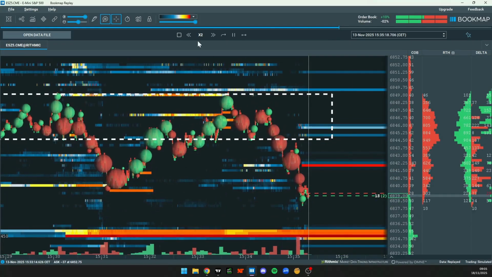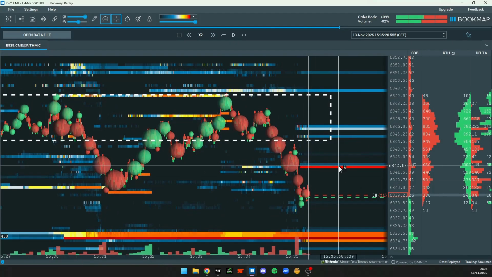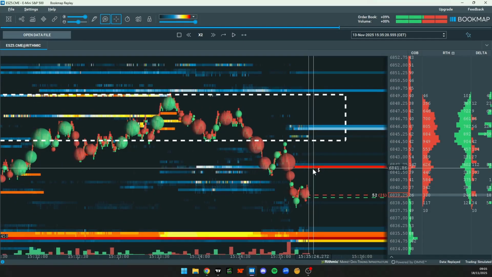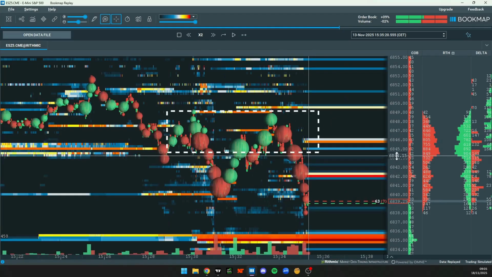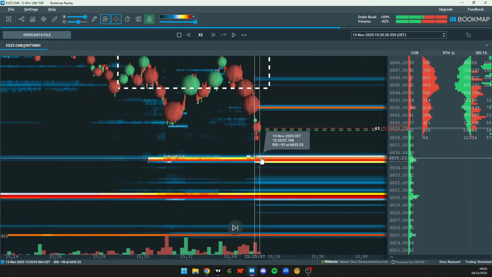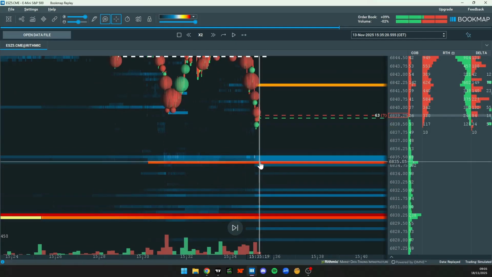Also a good sign is as price is dropping, I don't know if you guys noticed, but there was this offer who basically set his order. As price is dropping, he's putting an offer here, a limit order, which could act as a wall or a roof to not let price go higher. So this is definitely a good sign. Now, we can see many offers, right? And in hindsight, obviously, the 35s is definitely a good level to take profits, but maybe I could have